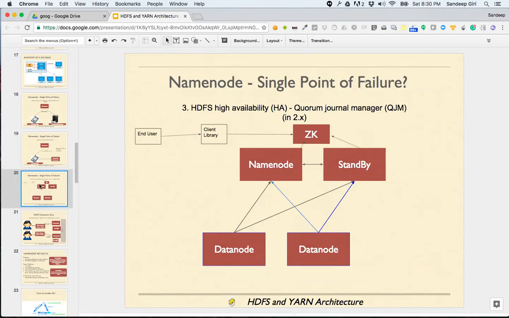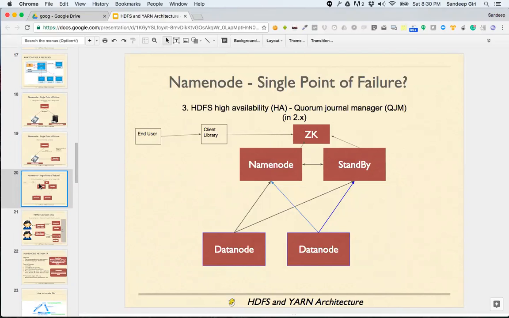But if you notice, the name node maintains the entire metadata in memory, correct? What does it mean? It means that if somebody keeps on creating directories and files, directories within directories and so on, the name node's memory will become full.